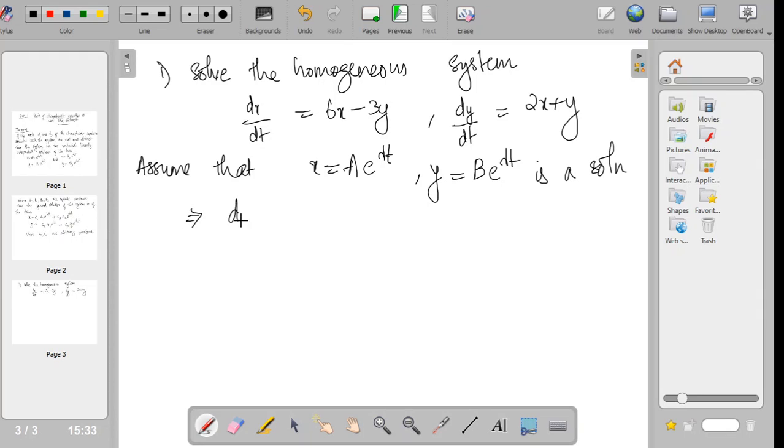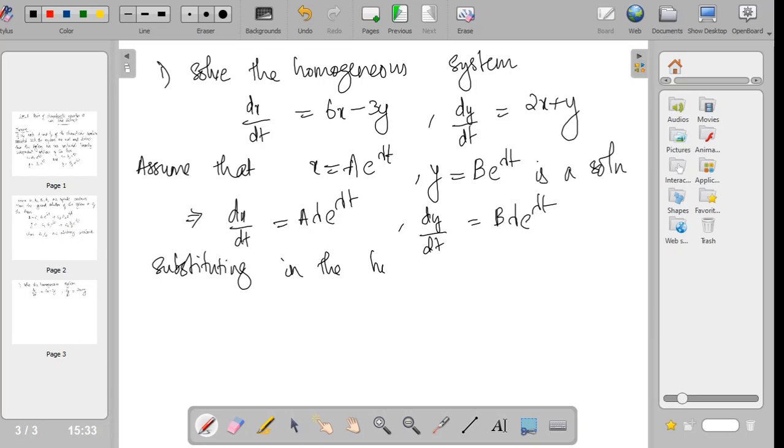That implies dx by dt will be a lambda e raised to lambda t and dy by dt is b lambda e raised to lambda t. So substituting in the homogeneous system, we get,